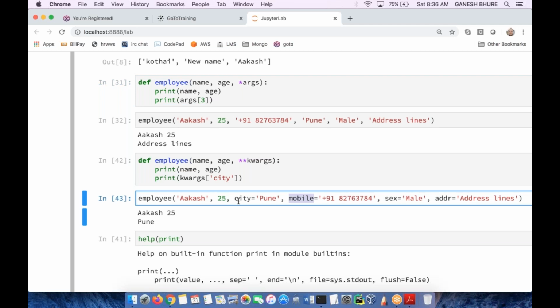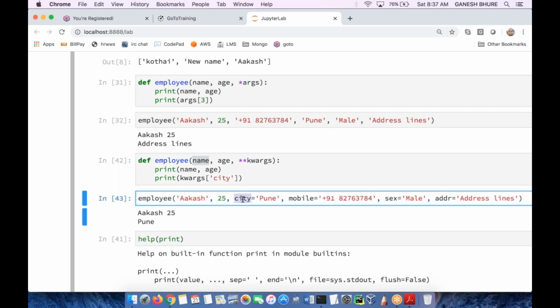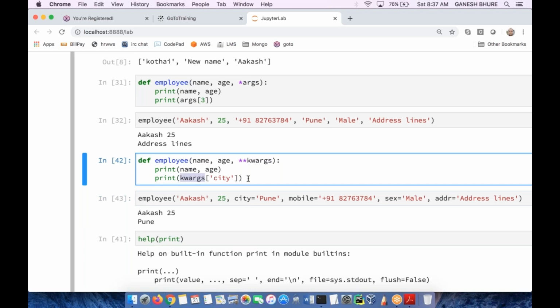These are the keywords. So city also doesn't need quotes, mobile doesn't need quotes, sex doesn't need quotes, address doesn't need quotes. So why? Because these are the keywords with which we are referring, right? So it is like a name. A name doesn't need any quotes here, right? These are the variables. In that variable I am putting Pune, in this variable I am putting a number, mobile number, and so on. So automatically this is mapped to kwargs, which is a dictionary,